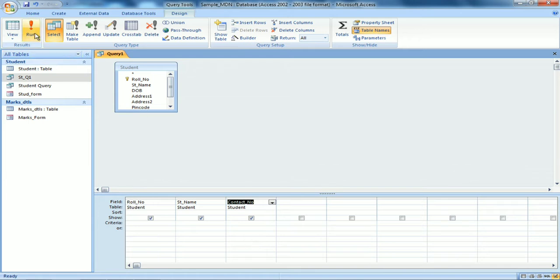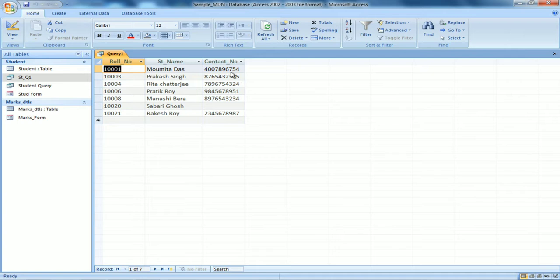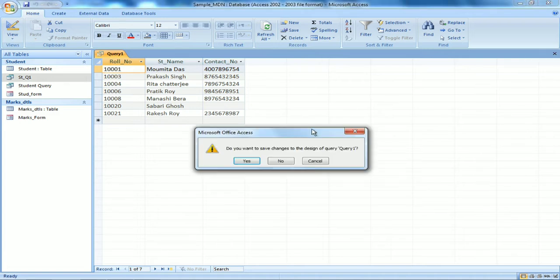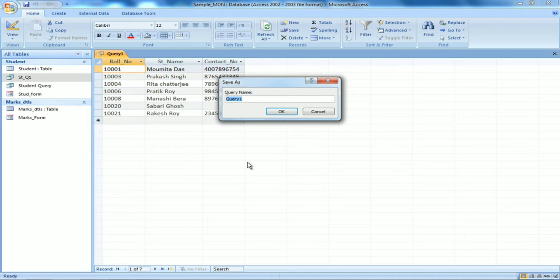So can you see, this is called selective criteria. That means I have only selected a few columns and those few columns' details have been given back to me. So this is called selective column retrieval. Now I can do selective record retrieval also. Let me show you one. This is selective column. Let's name the query student underscore query 2. I am giving different queries different names so that later on I can see how it works.